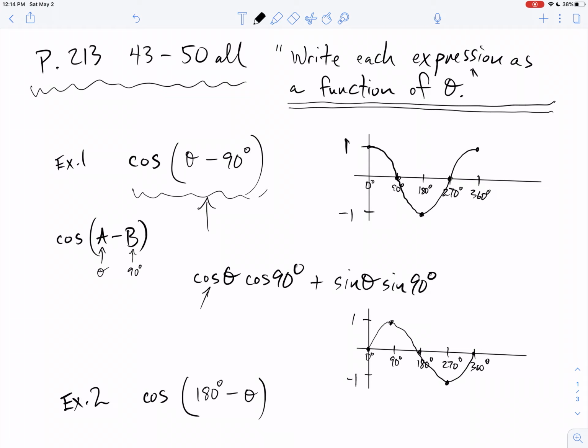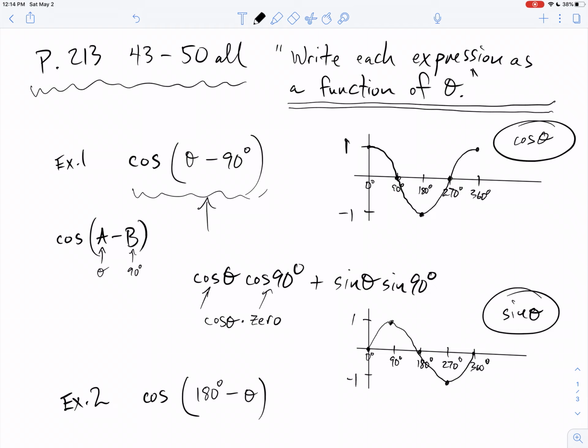Cosine of theta. Guess what the cosine of theta is? It's the cosine of theta. But what's the cosine of 90? So let's look up here at my cosine reference graph. This is my cosine reference graph. This is my sine reference graph. The cosine of 90 is 0. So 0 times cosine theta, guess what? Gone. So let's look over here. Sine theta times the sine of 90. What is the sine of 90? Well, it looks like on my graph that if I took the sine of 90, I would get out 1. So what's 1 times sine theta? It's sine theta. So the answer they wanted here is sine theta. That's what they wanted. You are done. That's your answer. That's what it means when they say write as a